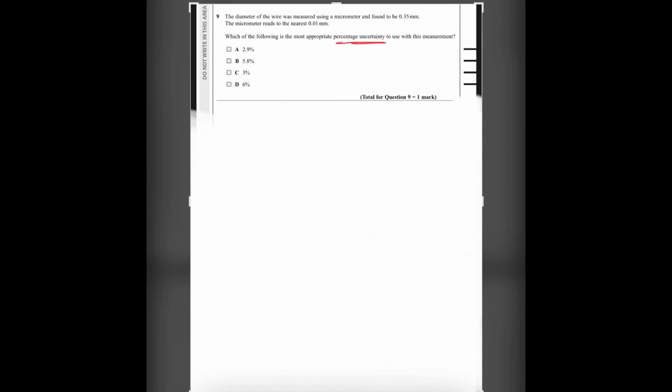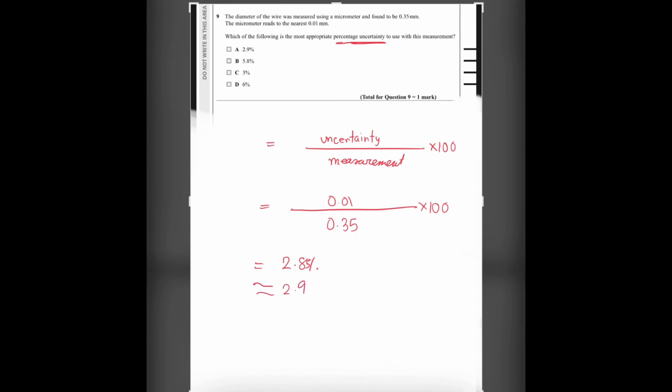So the percentage uncertainty formula is the uncertainty of the equipment divided by the measurement, times 100. So the calculated value would be 0.01 divided by 0.35 times 100, which gives 2.8%. It's 2.85, so this would have been 2.9%, but this will be 3% since the micrometer reading is